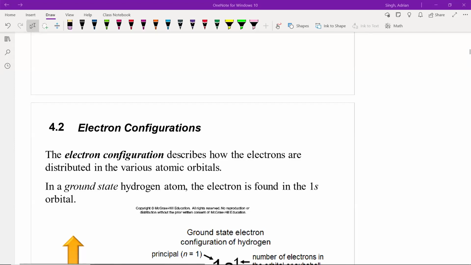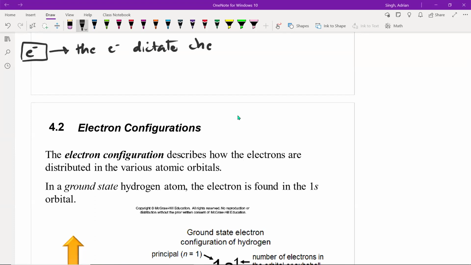All right, so now we have a general idea of how the periodic table was developed and how it's arranged. Now we're going to focus on our electrons again. So remember, the electrons are subatomic particles that are found outside of the nucleus. And these electrons are the subatomic particles that will dictate